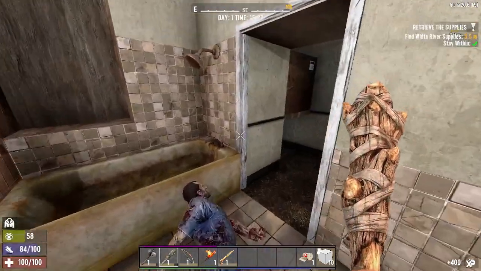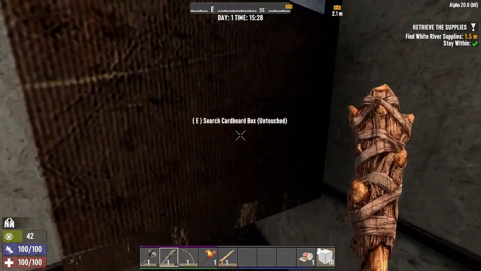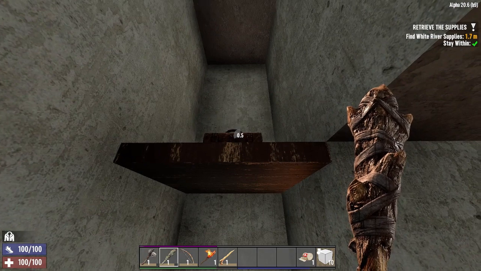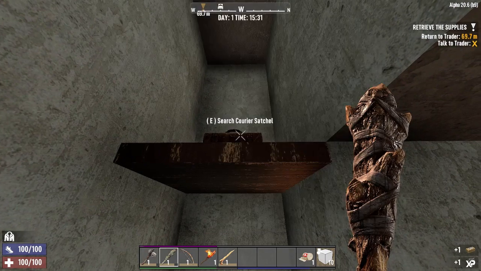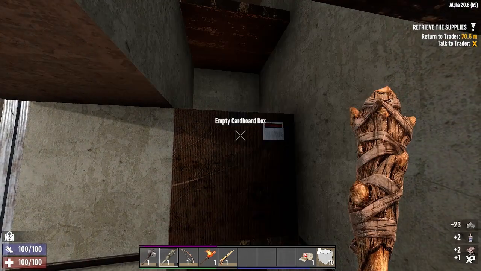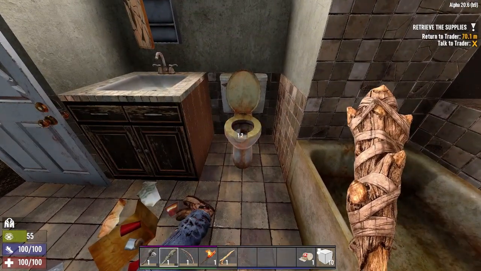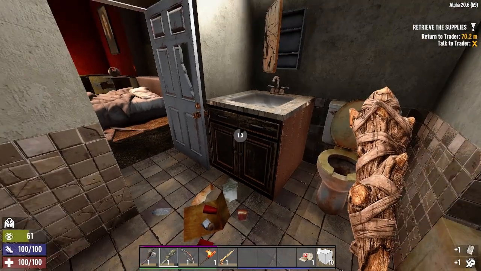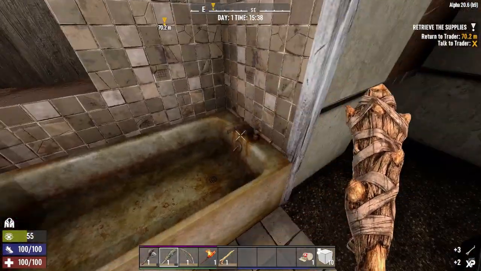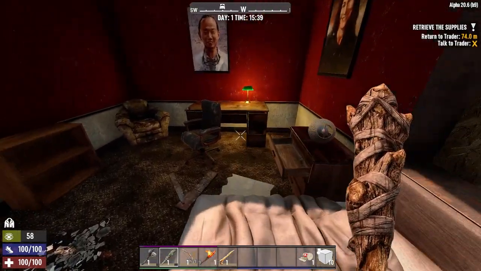Okay, so we got a closet here. Okay, there's our courier satchel. That's easy enough. We also have a cardboard box here with some stuff in it. Okay, now let's search. A little paper, some bones. We'll keep them for the moment. Nothing else really that we can...